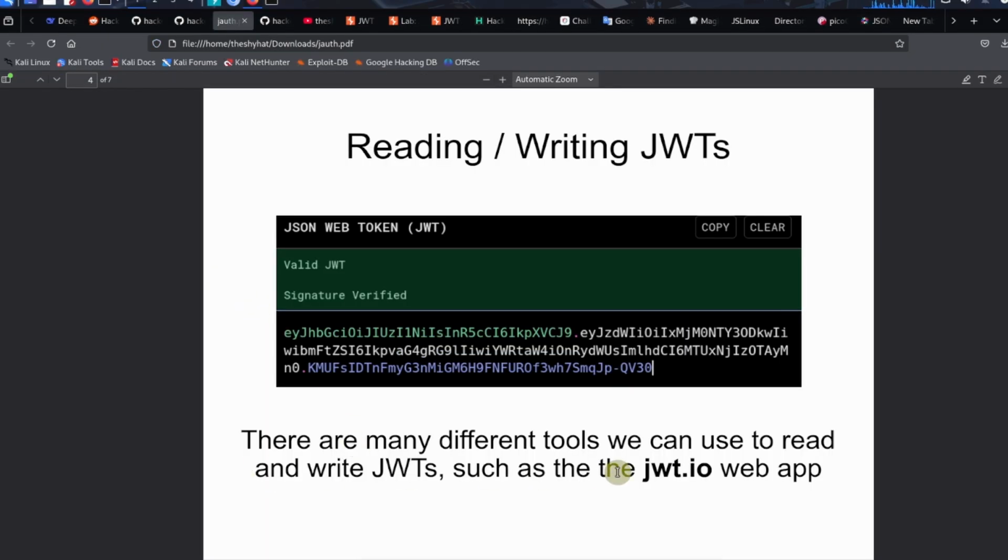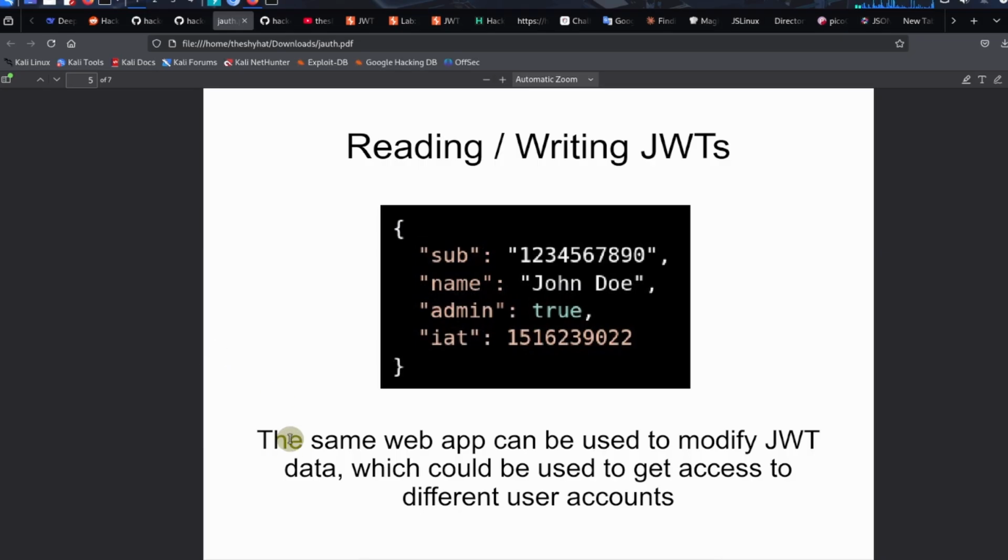So there are many tools we can use to read and write JWTs, such as the JWT.io web app, and this is what we're using right now. The same web app can be used to modify JWT data, which could be used to gain access to different user accounts. For example, if we got information like this written into the JWT, we could start messing around with the values here